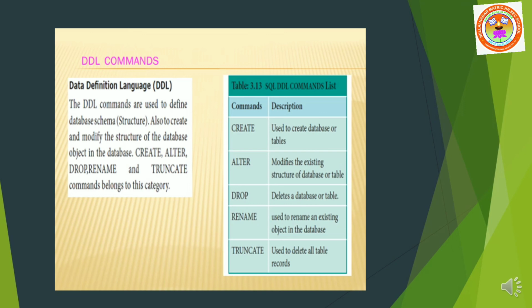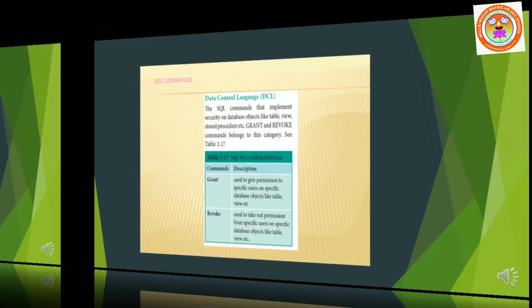Whenever you want to create a new database or table, you can use the create command. Whenever you want to modify the existing structure, the alter command is used. Whenever you want to delete a database or table, the drop command. Like that, these five commands are under this DDL language.